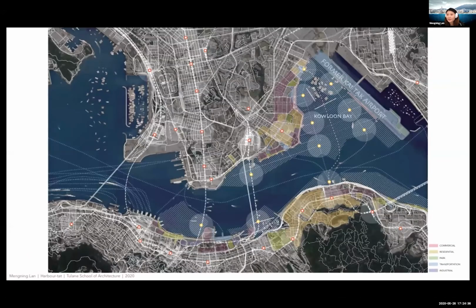Based on buildable area, public transportation system, and land use along the coastline, I picked my main sites to start the first phase of the floating community in Victoria Harbour. To explore methods of urban development and architectural growth on the water, I looked at 3 precedents from the 1960s.